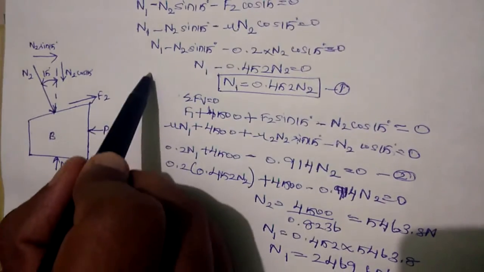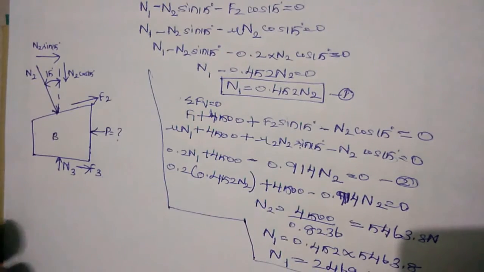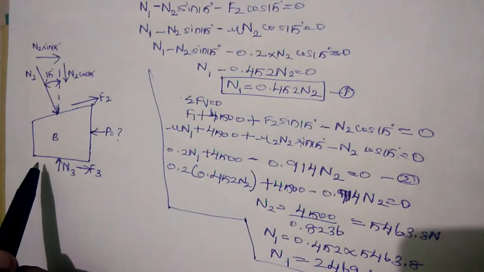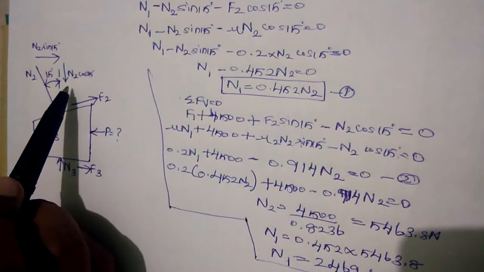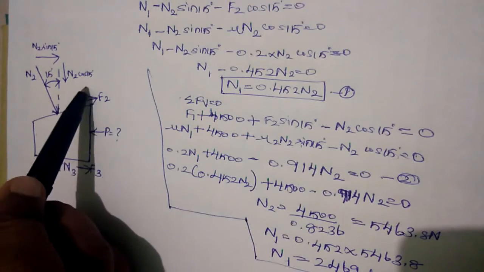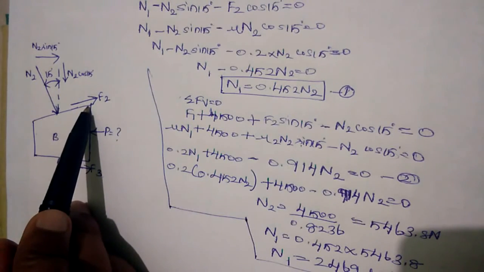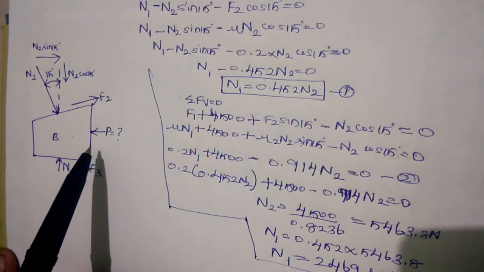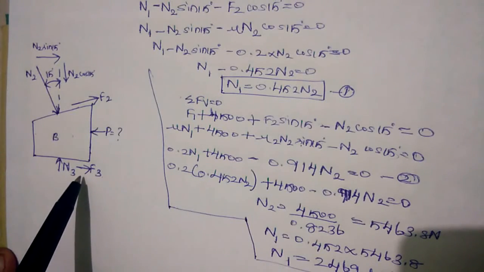Now coming to the free body diagram of wedge B. N2 is the normal reaction between the wedge and the block. Again it can be written as vertical component N2 cos 15 degree and horizontal force component N2 sin 15 degree. F2 is the friction force between the block and the wedge, and P is the push applied to the wedge. N3 is the normal reaction of the wedge with the floor, and F3 is the frictional force.